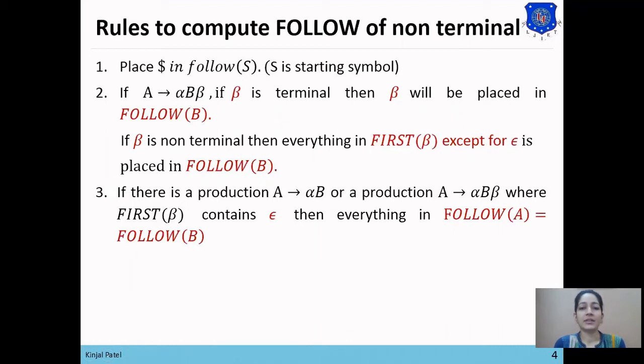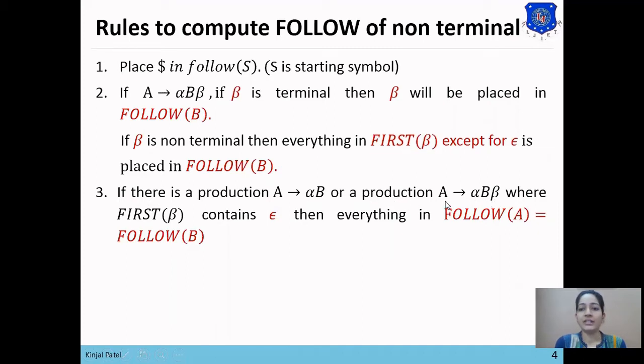If beta is terminal symbol, then beta will be directly placed in follow of B. And if beta is non-terminal symbol, then everything in first of beta except null will be placed in follow of B.